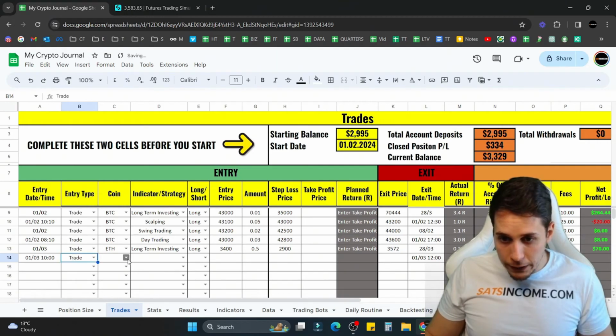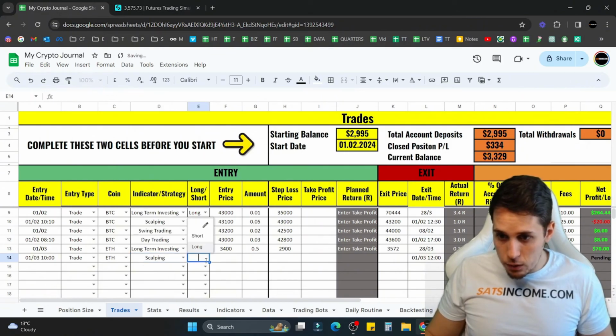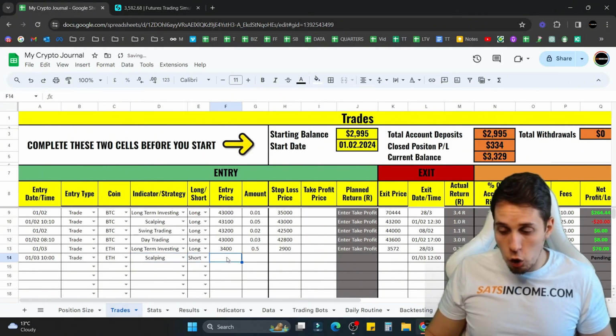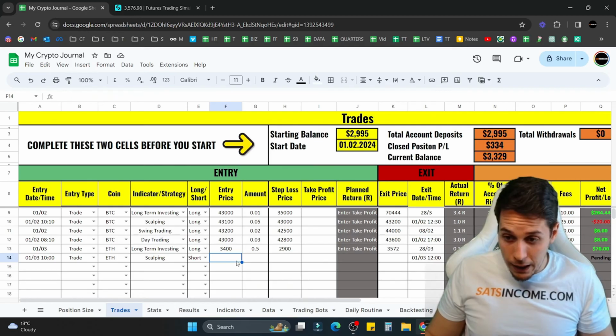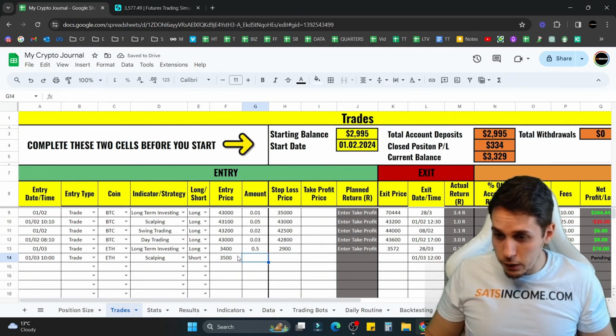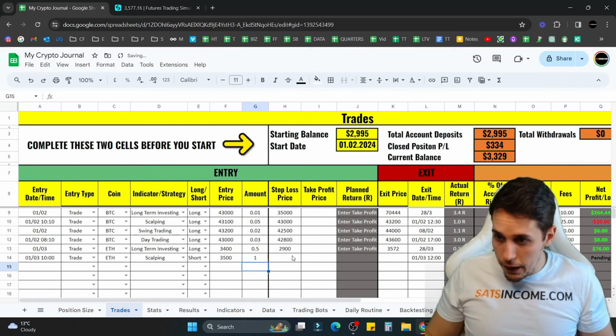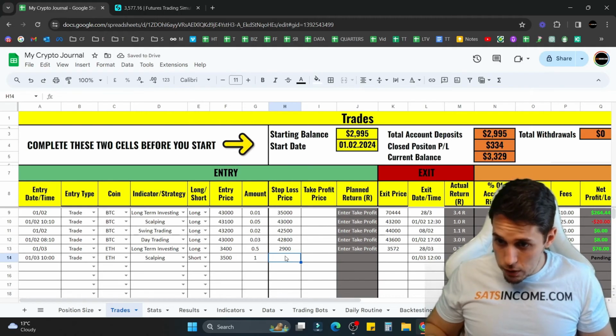So this is a trade and we are trading Ethereum. This is a scalp, right? So let's say that now we actually shorted Ethereum. Let's say that Ethereum was at like 3,500 10 a.m. on March 1st, and you believe that it's gonna go down to 3,400. So you enter a quick scalp, one Ethereum. Your stop loss was at